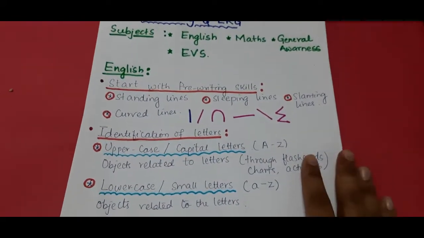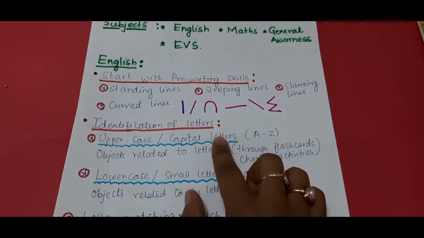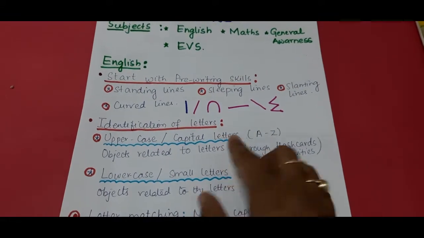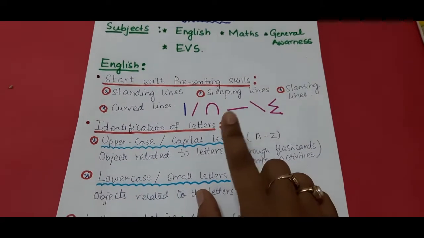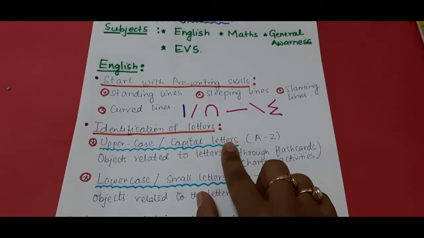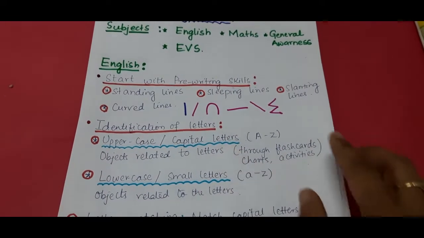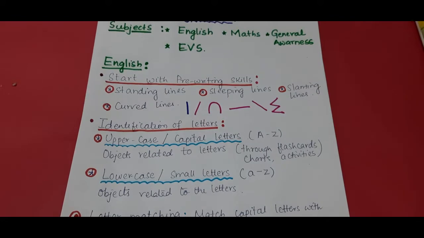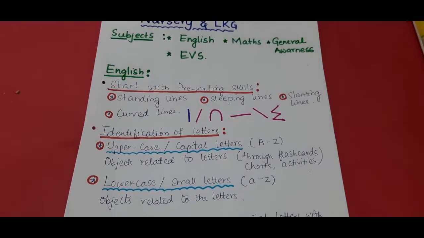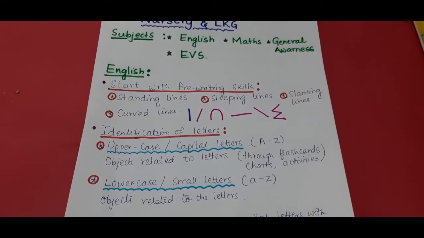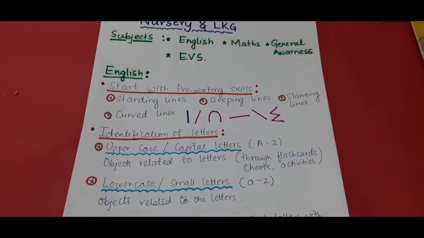Next, coming to the next one. After the child does all this, then we will start with the identification of letters. So first, the child has to identify letters. Here I will suggest that along with the identification of letters, you should also teach the phonics to the child. For phonics, you can just watch Jolly Phonics, a very nice video which is the best for teaching phonics to the children. They teach it in a very nice way. So please follow. I'll put up the link and you can just watch on that.